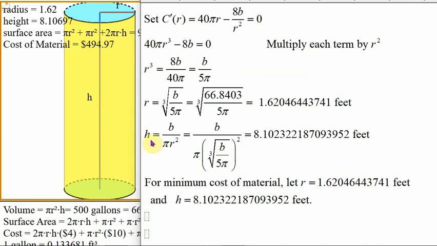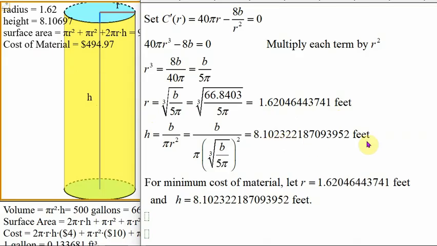The corresponding height is going to be B over pi r squared. Again, B is 66.8403, and the radius is 1.6204644. Then we simplify and get 8.1023. What it means is that to minimize the cost of material, we need to let the radius be 1.62 feet and the height be